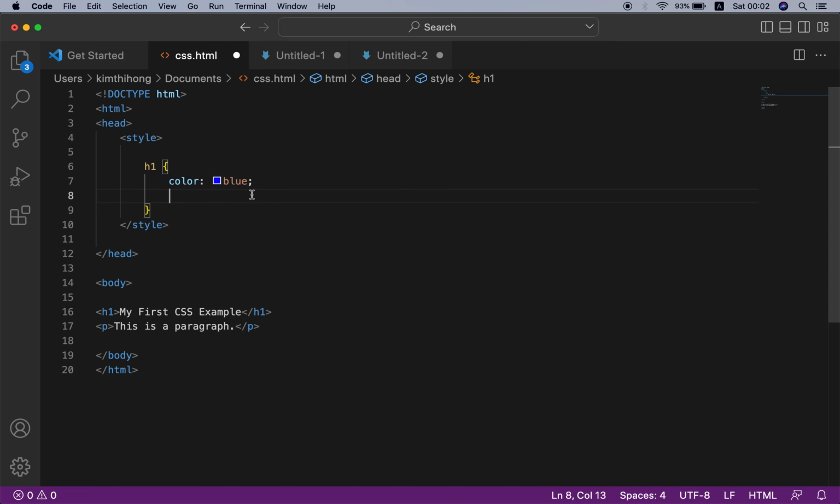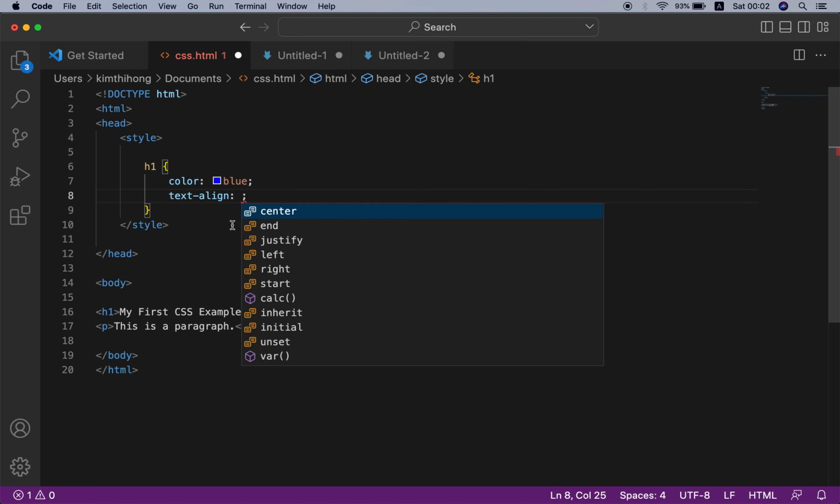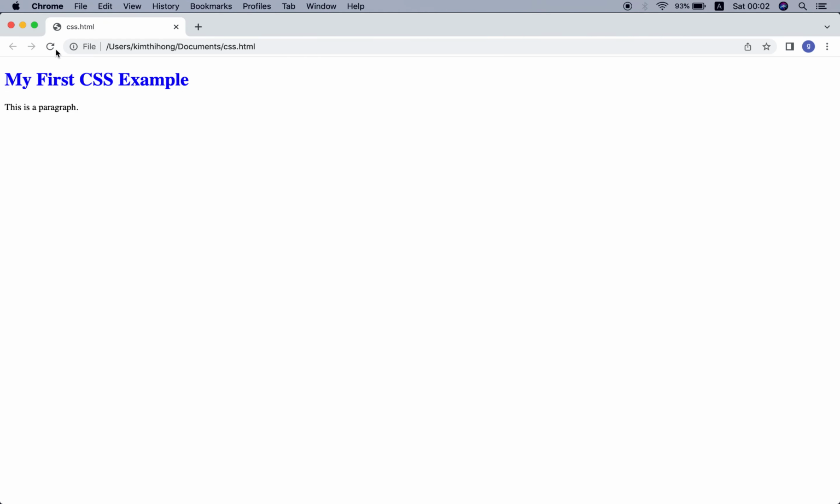If you want to make it italic, or you want to make it align center, text-align center. Okay, save this, check in the browser. Okay, now the heading 1 is aligned center.